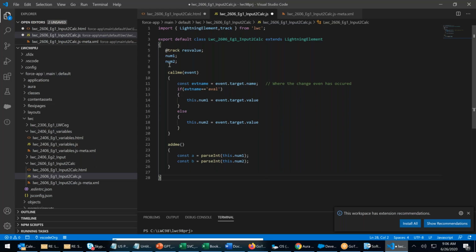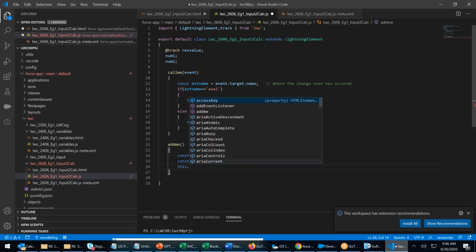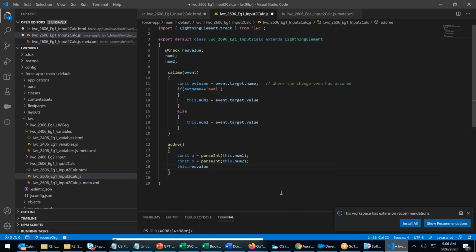Now, res is there. I will say this.res. Always use this.res value. This.res value is equal to what? This.trace value equals to what?